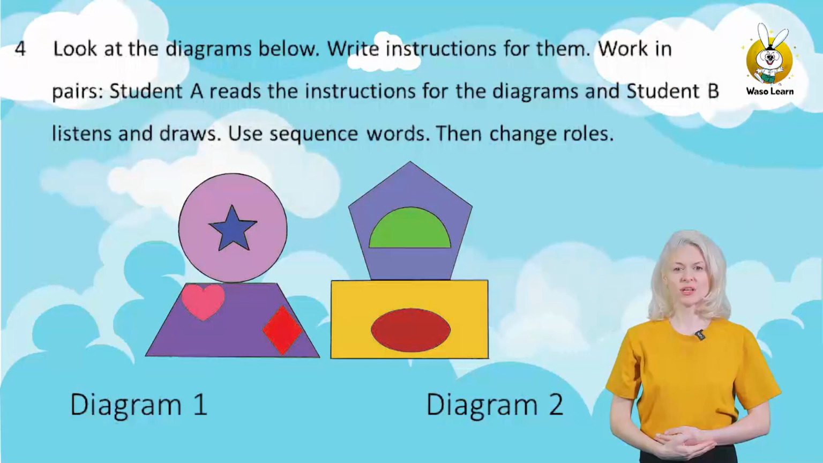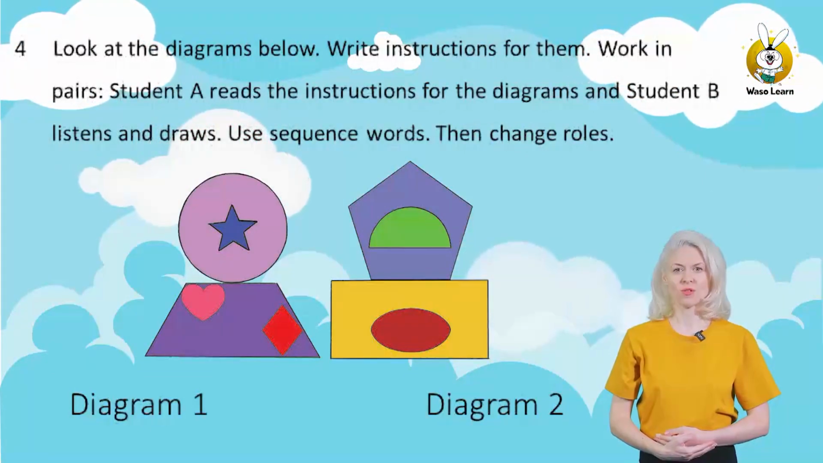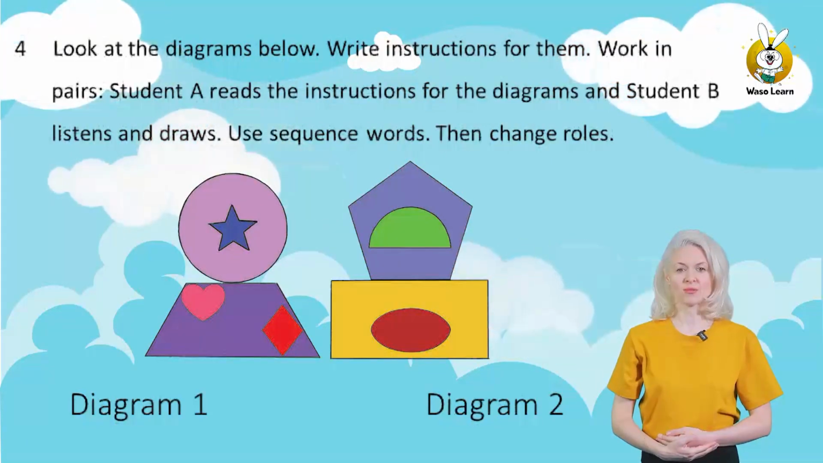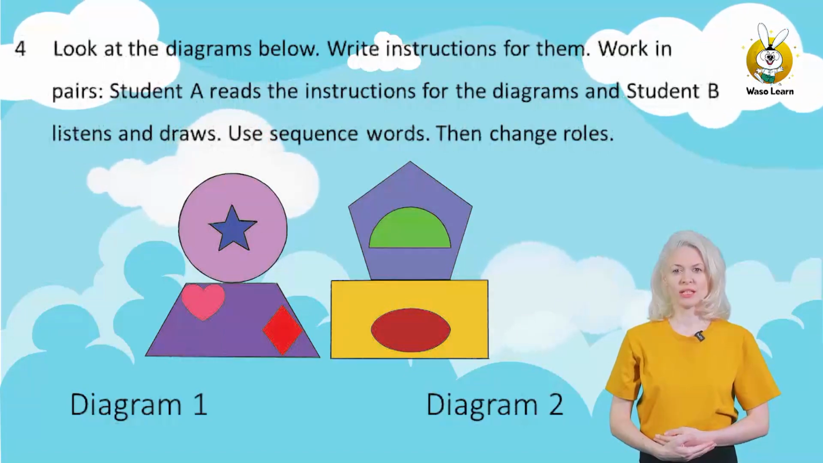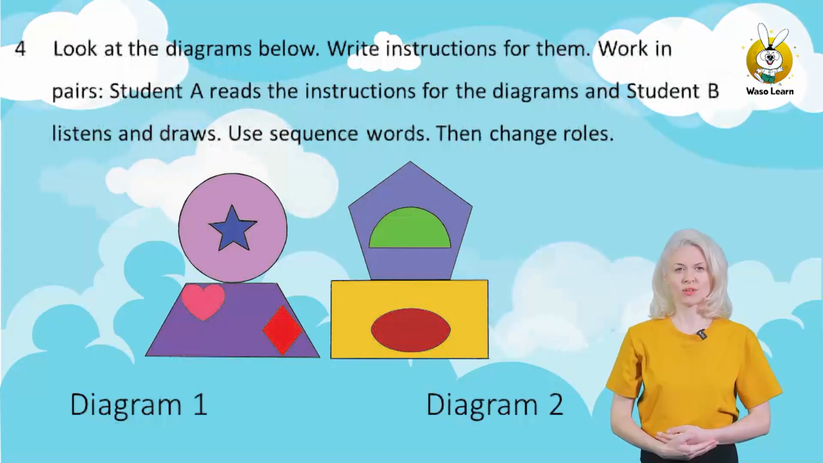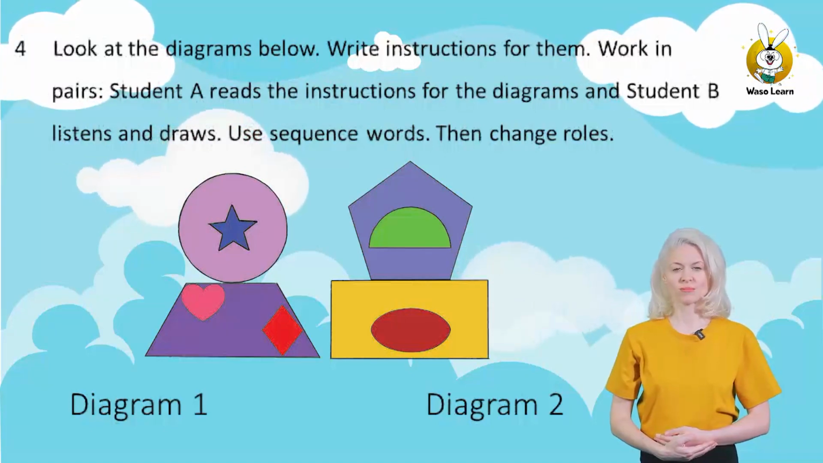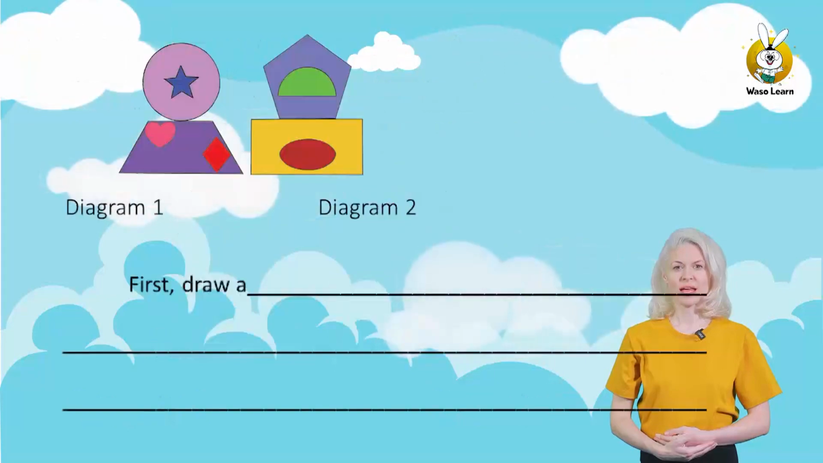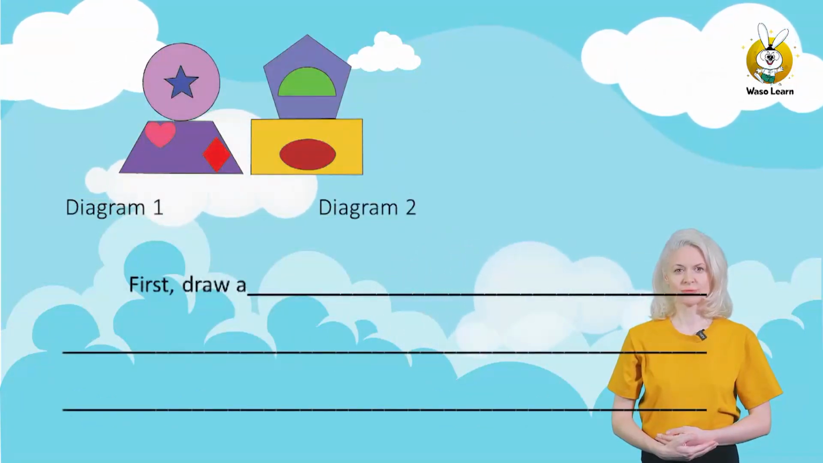4. Look at the diagrams below. Write instructions for them. Work in pairs. Student A reads the instructions for the diagrams, and Student B listens and draws. Use sequence words. Then change roles. Diagram A. First, draw a